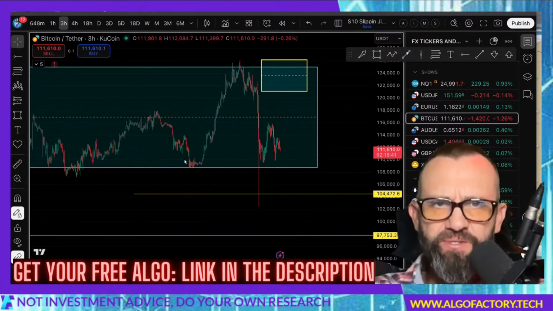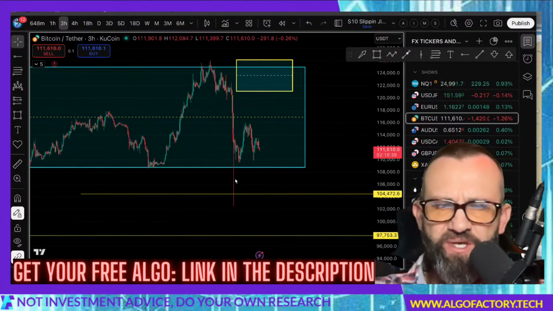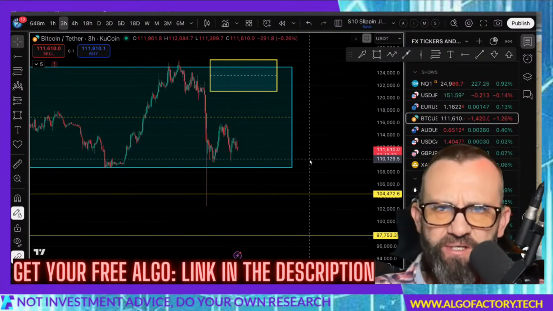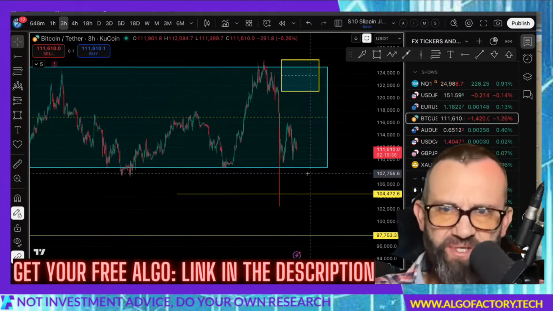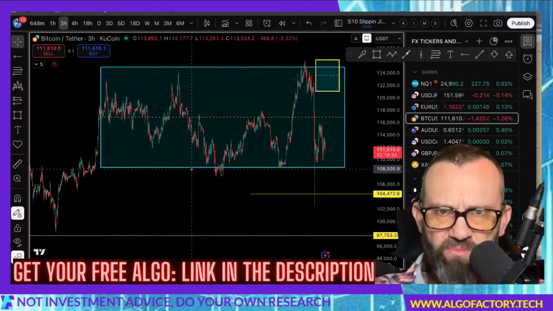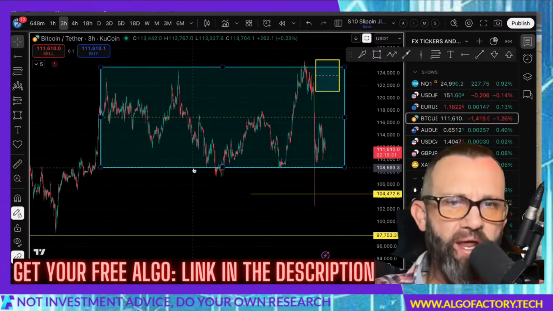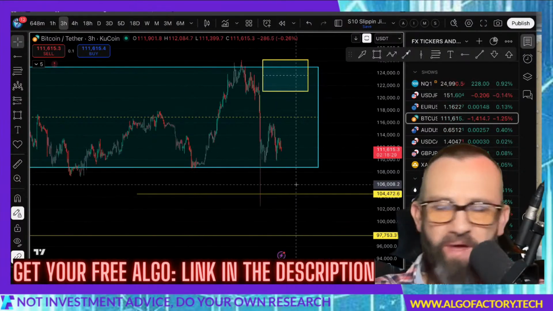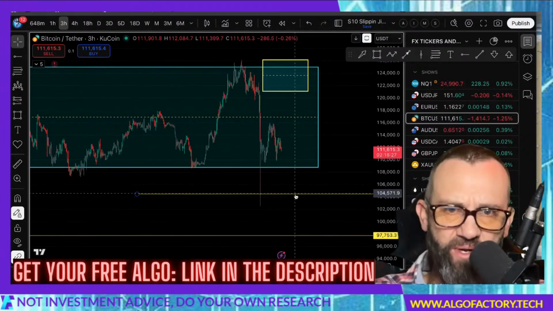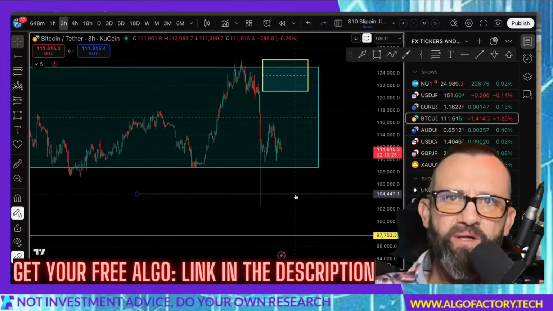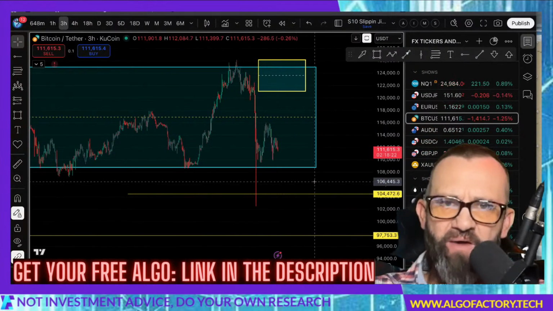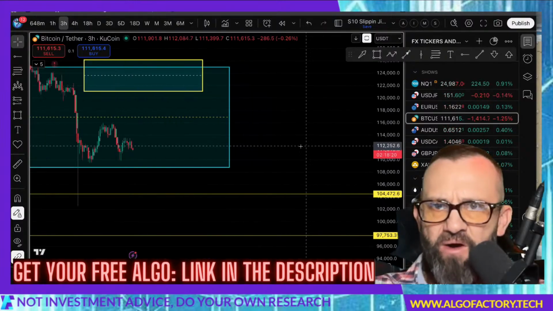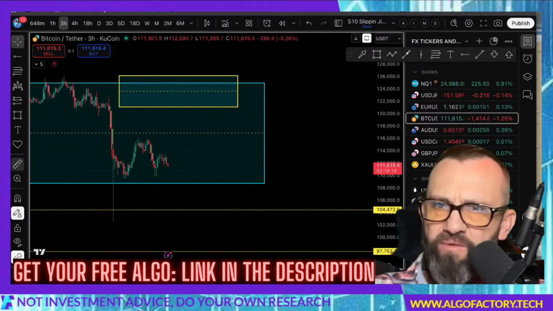And as the tariff news does continue to temper markets, then we can expect to see Bitcoin continue to revisit the low. And the low is more or less around the 108 area. And of course, we have a little sliver of liquidity, but it's a strong kind of needle like we saw there at about 104.5. Price could head down there. But right now, if anything, I would expect price to head down.